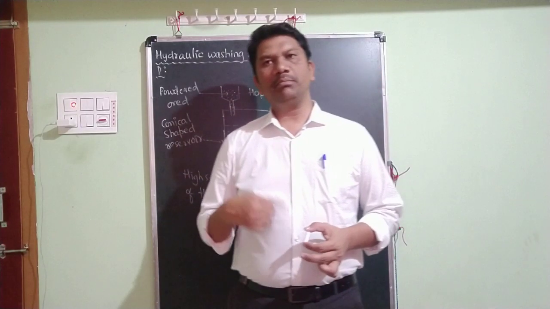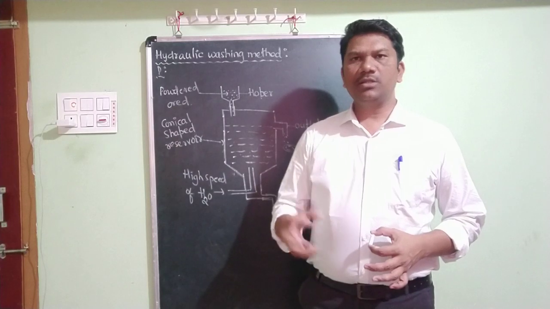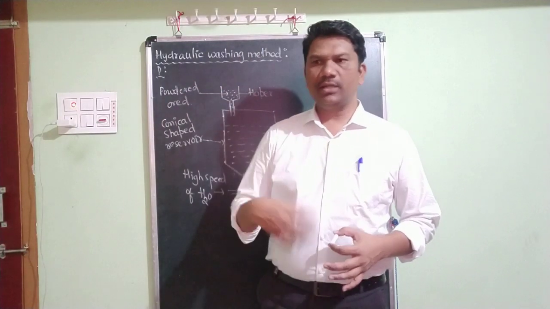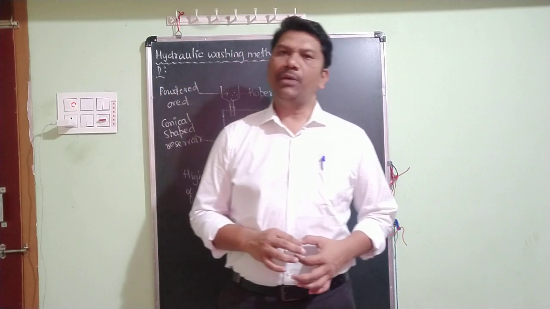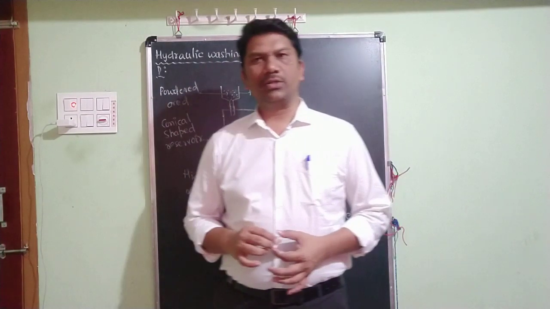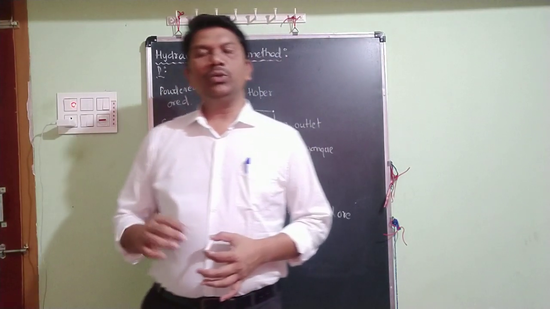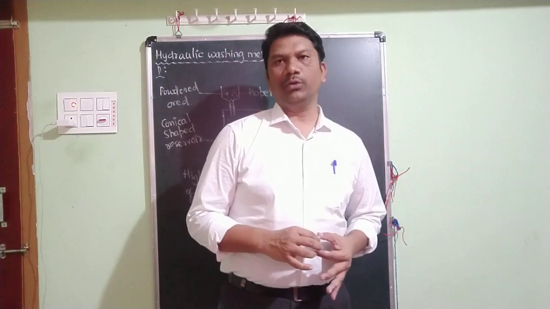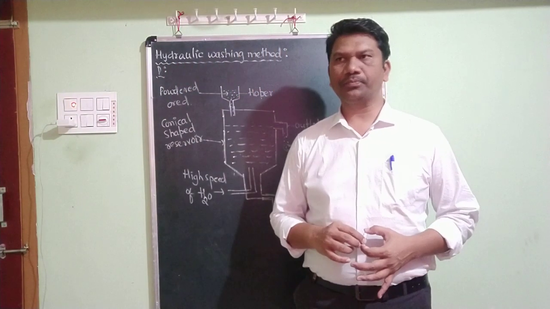This method is based on the differences in gravity separation of ore and ganj particles, or you can say this method is used only when the ore particles are heavier than ganj particles. So from this method you can concentrate two types of ores, that is hematite ore and chromite ores.